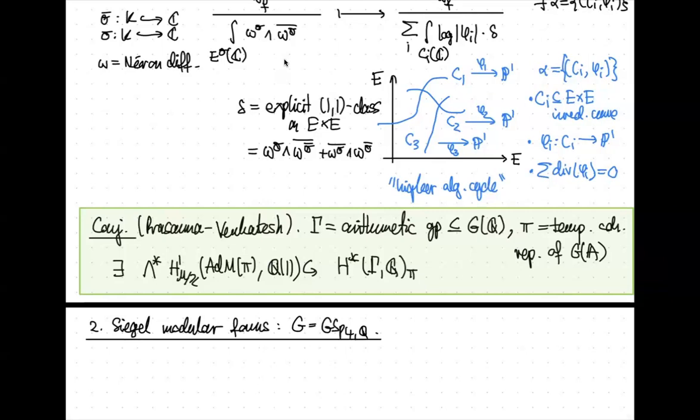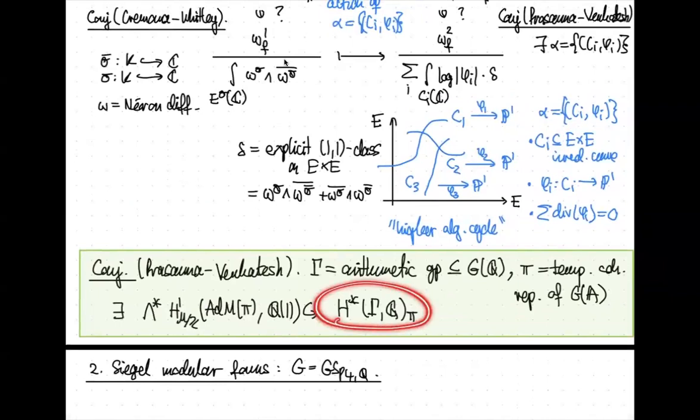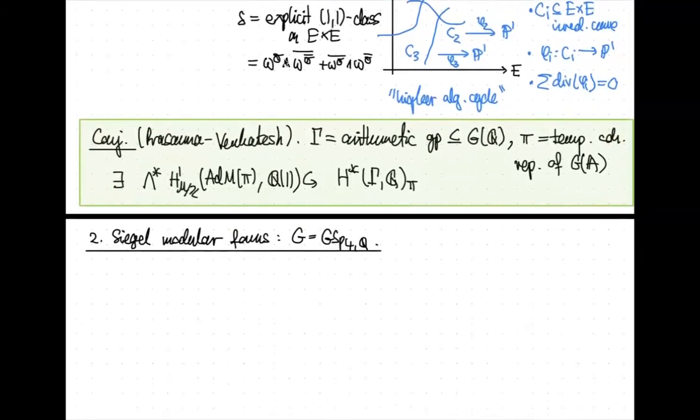And in this case, I should first note that the above conjecture is only interesting when... this should be like a derived action, so it should be shifting degrees. And it's only interesting when you have multiple contributions to cohomology, like I said. But actually, Siegel modular forms will never contribute to multiple cohomological degrees. There won't be this spread in cohomology of tempered forms. There's an invariant called the defect, and it would be 0 in this case. So the above conjecture is kind of vacuous in this case. And instead, we have to consider something slightly different.